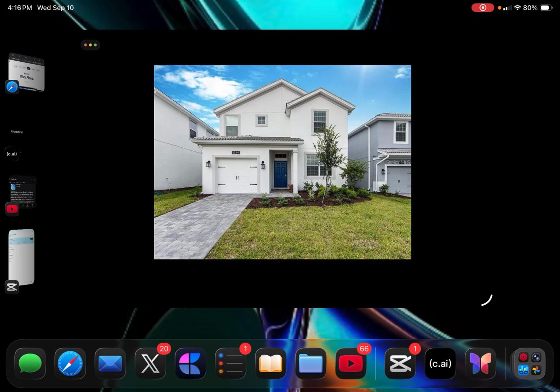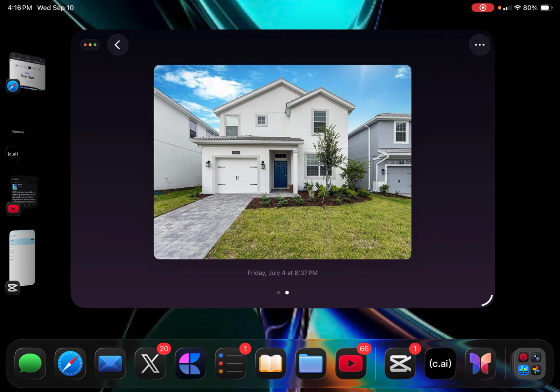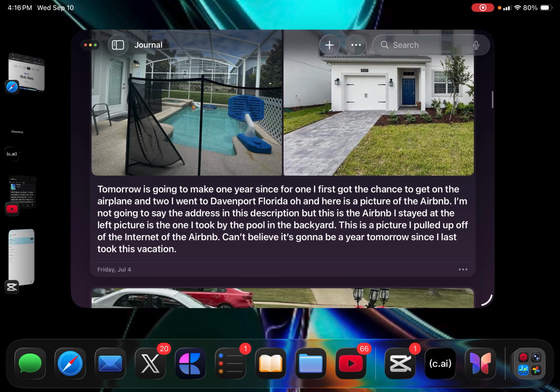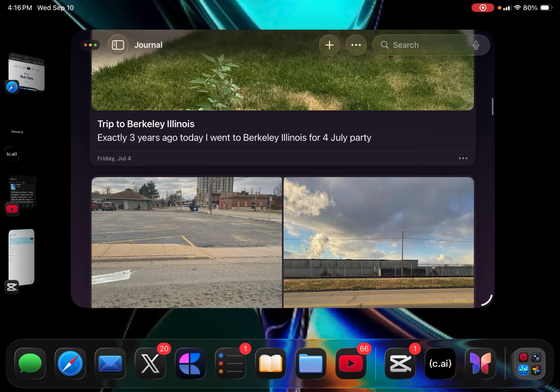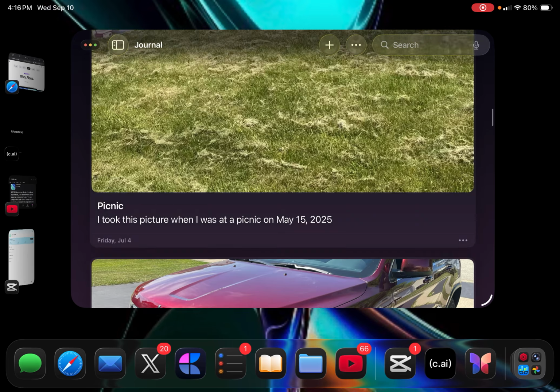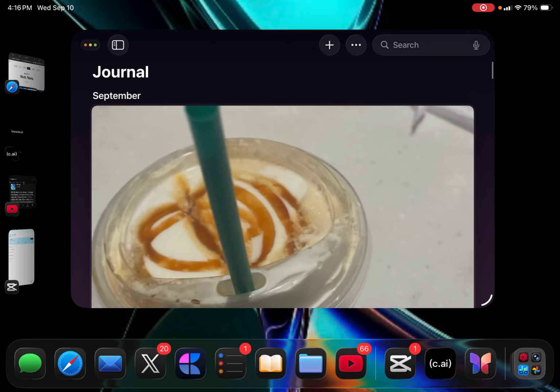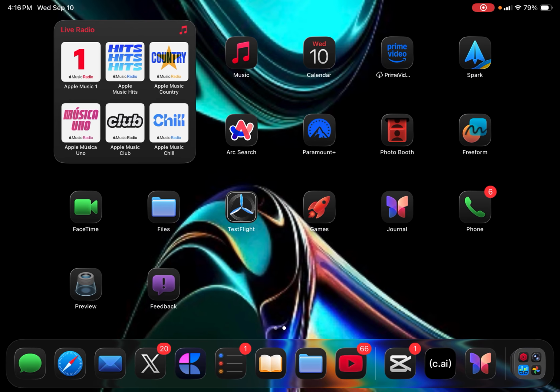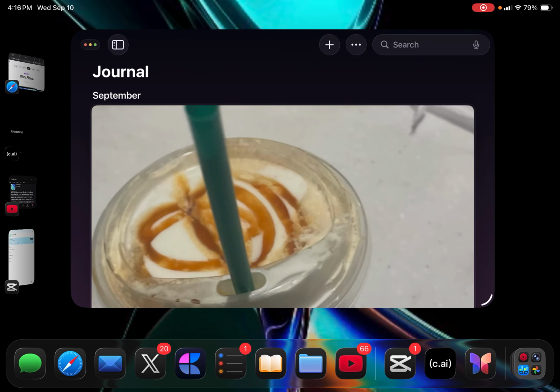And for whatever reason, that button isn't there. So, okay, there we go. Sometimes there are a little bit of touch responsiveness issues with the journal, but it is really nice. You can see I have quite a few journal entries here. A lot of these synced across from my iPhone. If I just close it here,